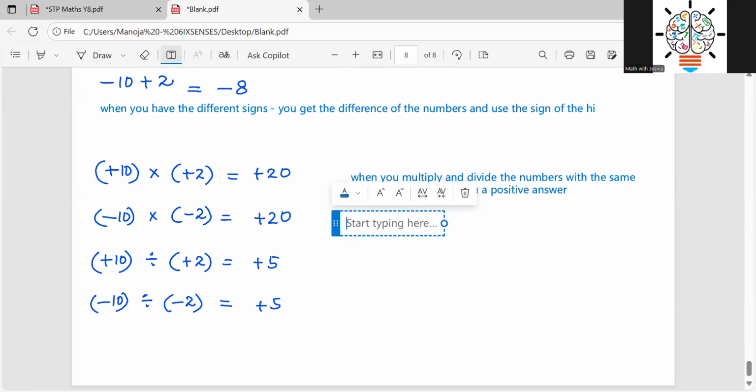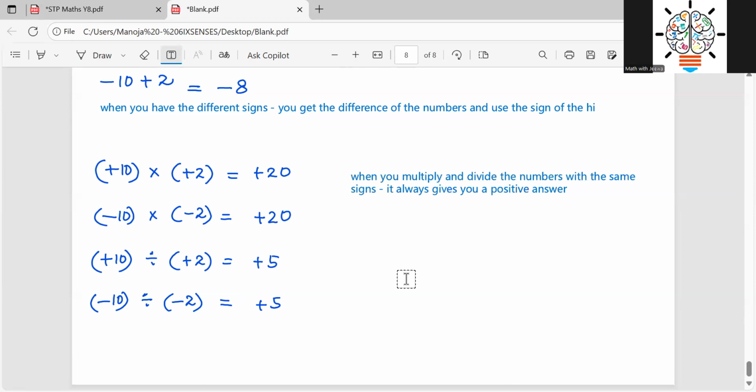Okay. So then 10 times 2, we know that. Positive 10 times positive 2 is positive 20. Negative 10 times negative 2 is positive 20. Anything that you multiply or divide with the same sign always gives you a positive answer. The same way, now let's say that